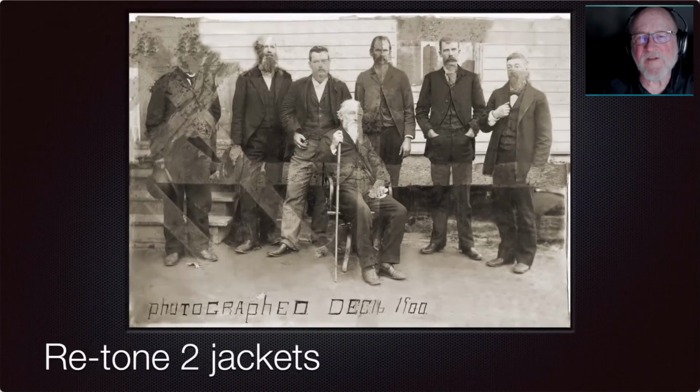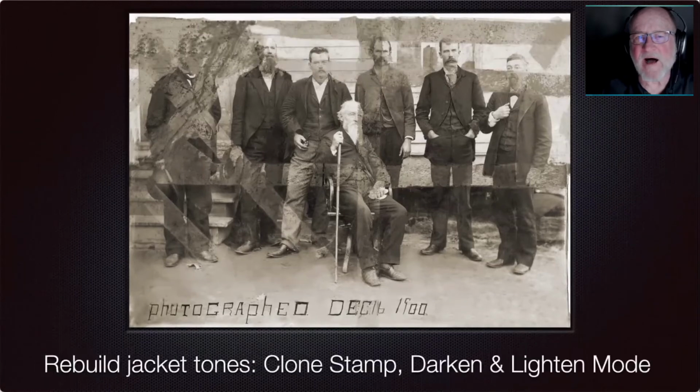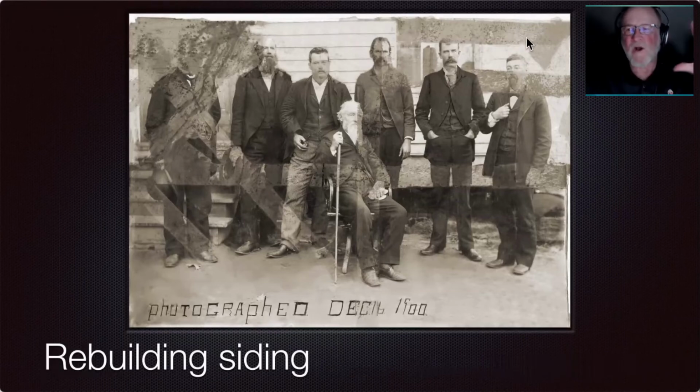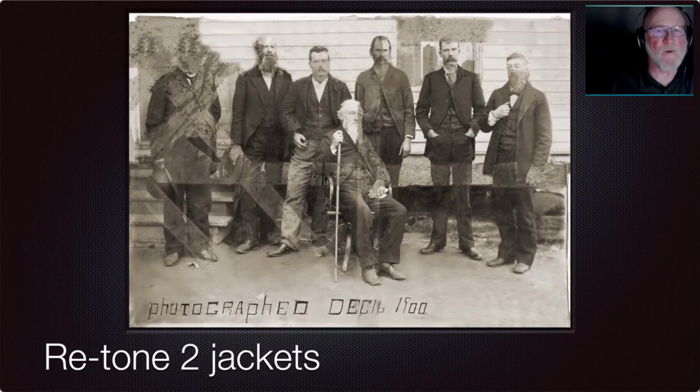So look at all of the siding that got rebuilt just from that one little piece. Once you build it out a little bit farther, you can then change where you're cloning from and make it a larger area. So I shift up here, and I then clone from there out, and I've got a larger region to draw from. There are more nuances to this. I won't go into them. They're sort of more fine points that when we're studying together, there are things that I clarify about the clone